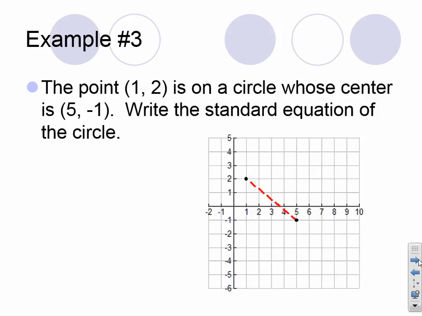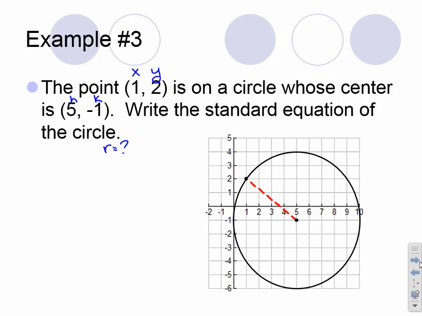And then let's look at this guy. So we have a circle whose center is at 5, -1, and the point 1, 2 lies on that circle. Okay, so we want the standard equation of our circle. All right, so first off, I'm going to identify that this is x and y, and then this is h and k. So what I really don't have yet is my radius. Yeah, I can look at the circle and I can kind of cheat, but I want to see the work to make sure that you know how to find this, because if this circle